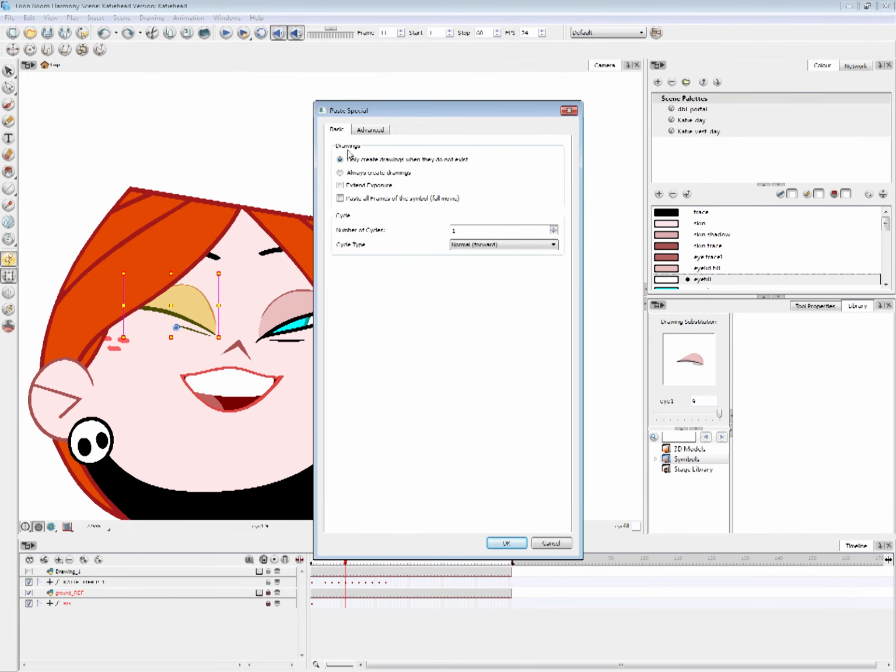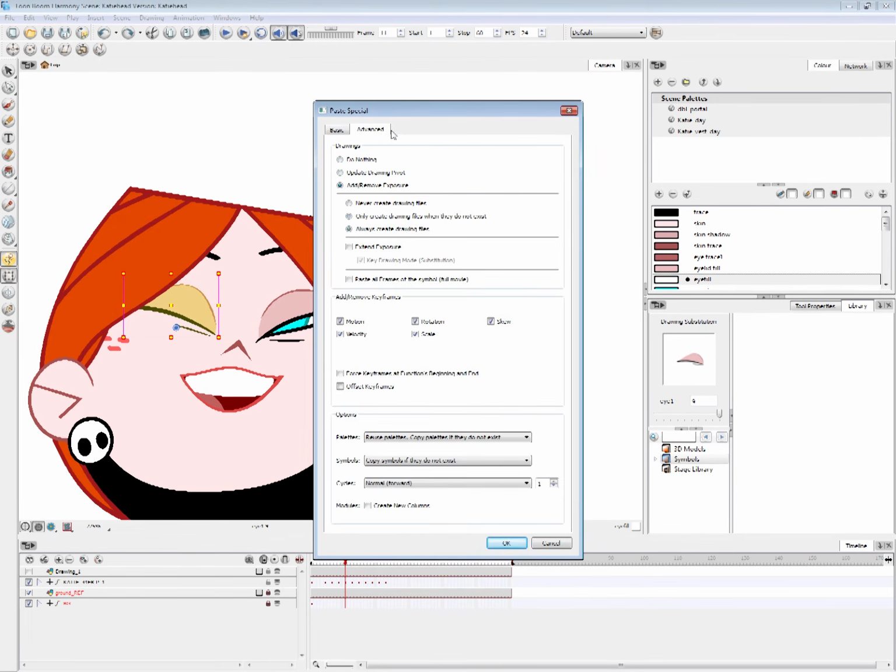So for the basic tab, right now it's set to only create drawings when they do not exist. Well, in this case, the program thinks it exists because there's already a drawing called number 9. But that's not the particular drawing we want, so we want to create a new drawing. So we select always create drawings. And then in the advanced tab, that's all we need to do for this one.